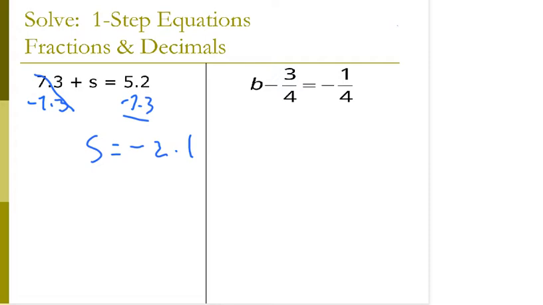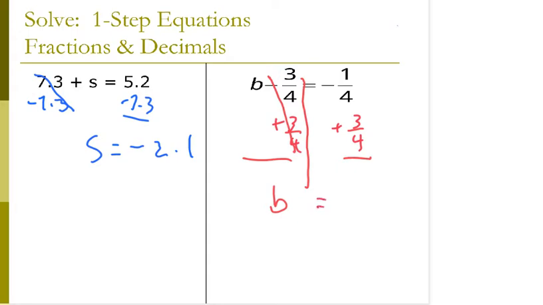If I'm subtracting 3/4, the inverse would be to add 3/4. So I can add 3/4 to both sides of my equation, and on the right side, adding the same amount that I'm subtracting means that these values are going to eliminate each other. So I end up with just b on the left side. On the right, I have my equal sign,